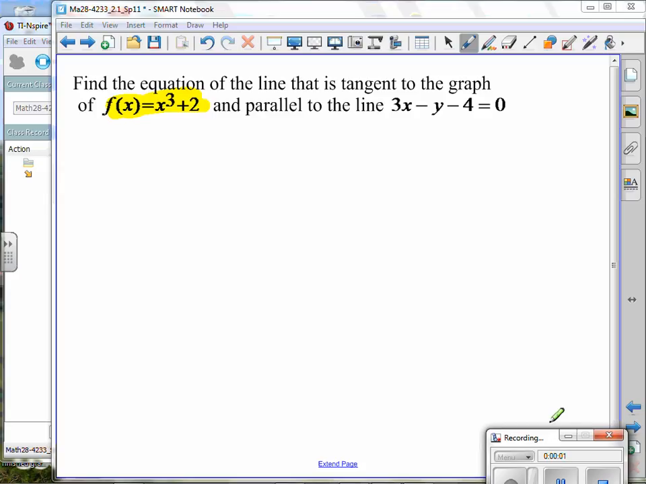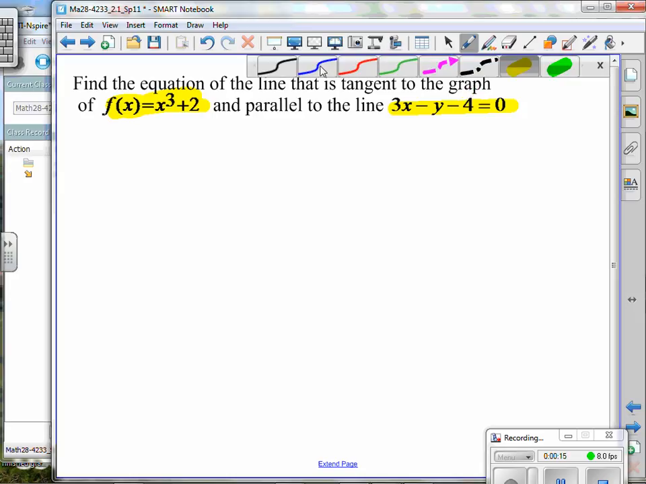Okay, so find the equation of the line that's tangent to this graph and parallel to this line. Now there's a lot of algebra we need to know in here. One of the pieces of information that we need to know is, what do you need in order to write